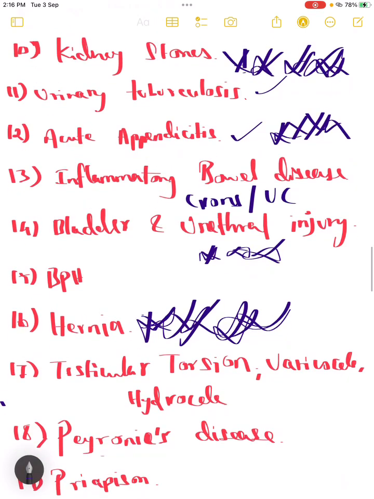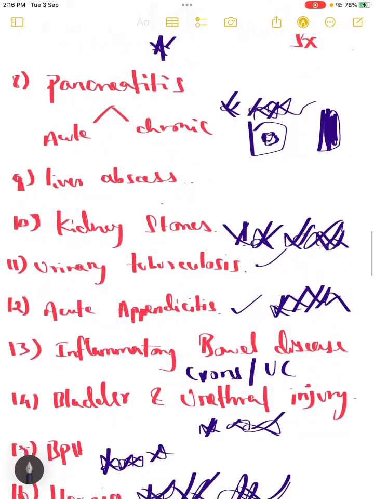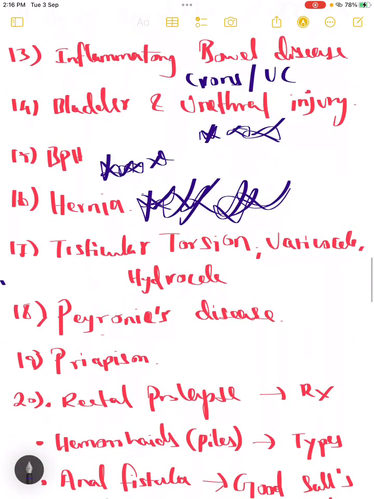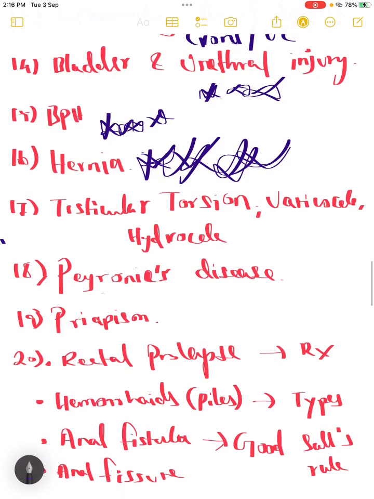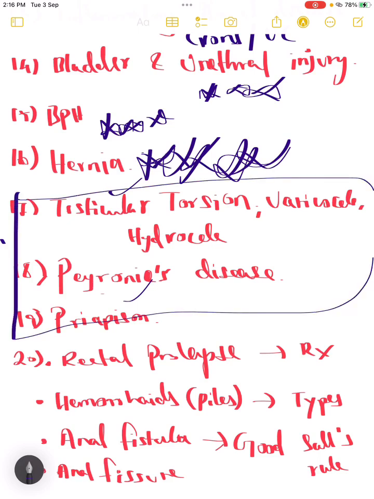That's very important. BPH is also important. So everything is important from adult surgery. What I meant by 10-star and 20-star is very important from adult surgery, and BPH also is important. Apart from this, testicular torsion and priapism are something very important. From this particular topic, there will definitely be one question. These five topics are very easy,